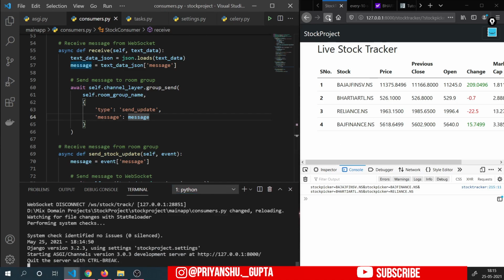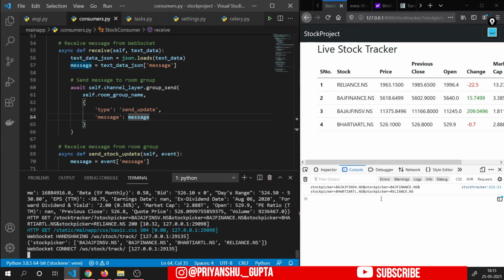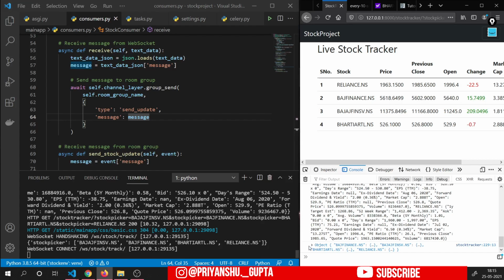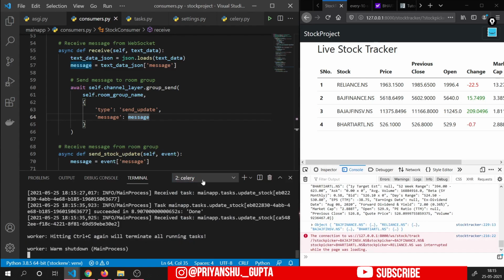And now if I refresh all the things here and start worker, Celery beat, and if I refresh this page here, then let's see we are getting a good outcome here or not. And here we are getting the outcome successfully, right? And let's wait for some more outcome as well. Yeah, we are getting here outcome after 10 seconds here. So this is working perfectly fine.